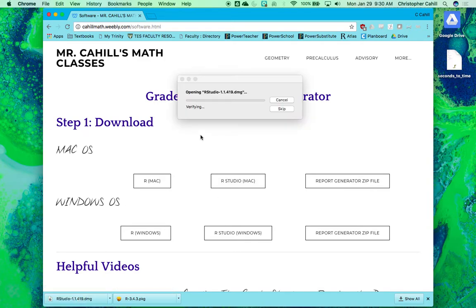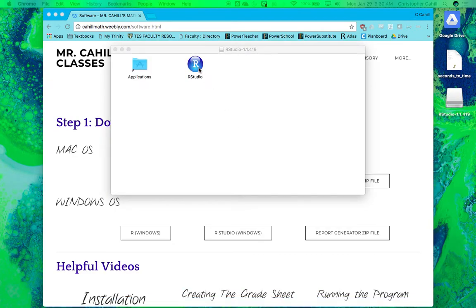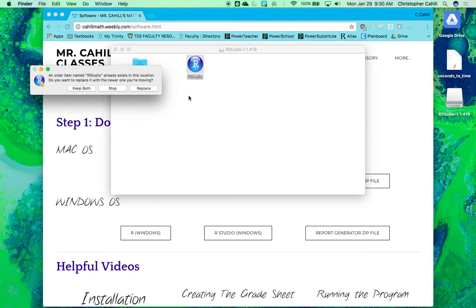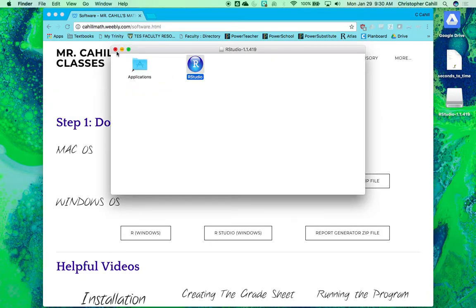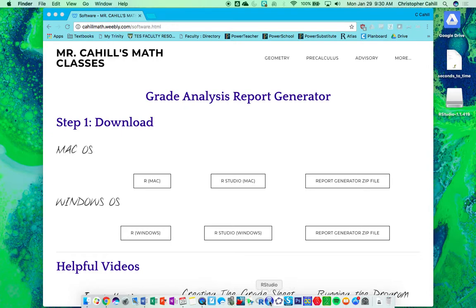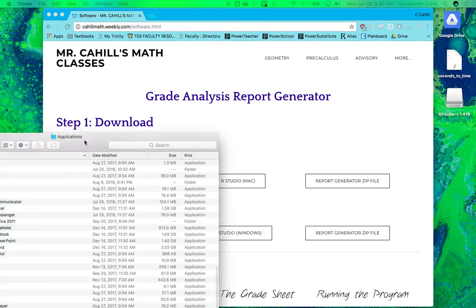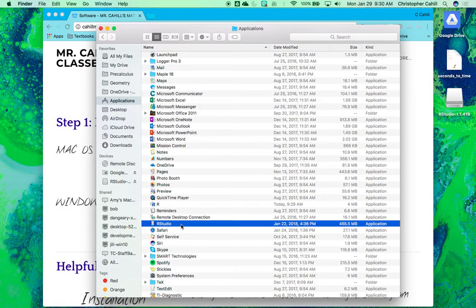And again, this will bring you right to the download link. All we need to do for a Mac is to take this logo and drop it into applications. I already have this installed, so I'm actually upgrading my version right now, so I'm going to choose replace. But if this is your first time installing, you won't get that question. Now, if I go to my applications folder, or you can choose it in your taskbar, but here I have it in my applications folder. It's right there, RStudio. And if I open this up,